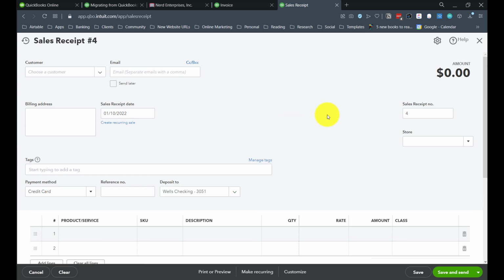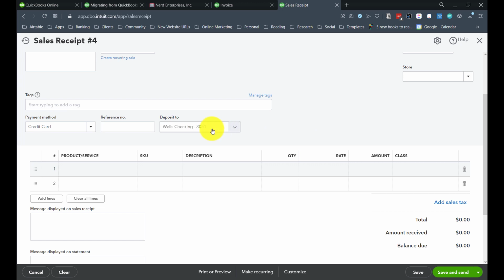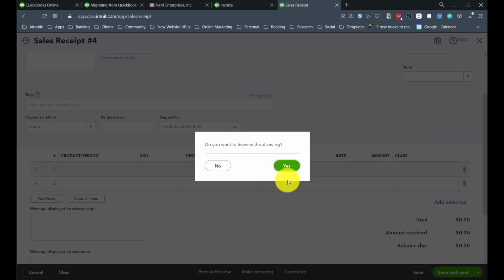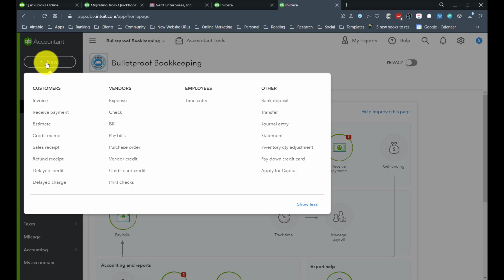If I'm getting paid for this sale, and I know that money is, let's say, being paid electronically and it's going right into my bank account, then I can choose this as the deposit to. But if for any reason I know that, let's say I got paid by check here, and I might get 4 other checks today that are all going to need to get grouped in the same deposit, that's when we're going to choose undeposited funds here. So we record all those sales in undeposited funds, and then after that, we can go to record a deposit,